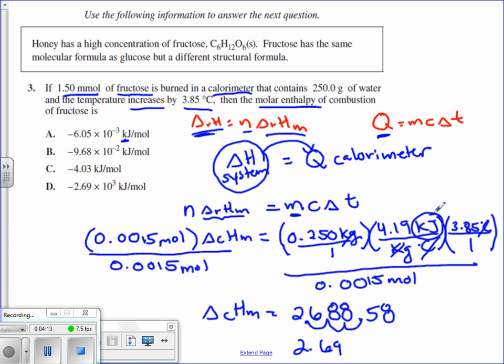The units are kilojoules over moles. And it's going to be negative because this is an exothermic reaction. So this will be negative 2.69 times 10 to the 3 kilojoules per mole. So our answer here would be